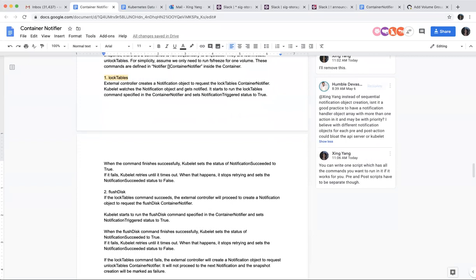If that's the case, I was just wondering in which use case there would be an advantage to having an array of notifiers. Because most of the time, if you want to do some operations, your application snapshot controller will need to be waiting for that. For example, if you have to quiesce first and unquiesce later, then your application snapshot controller needs to be waiting for the quiesce results before it does unquiesce. So those types of things are the application controller's responsibility.